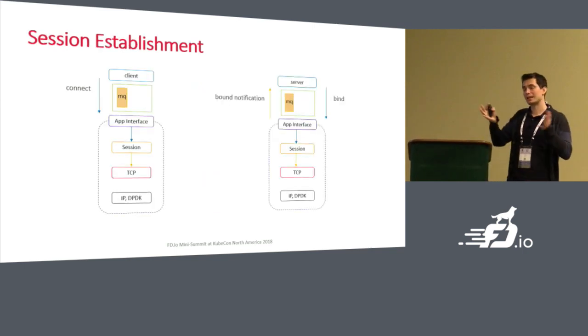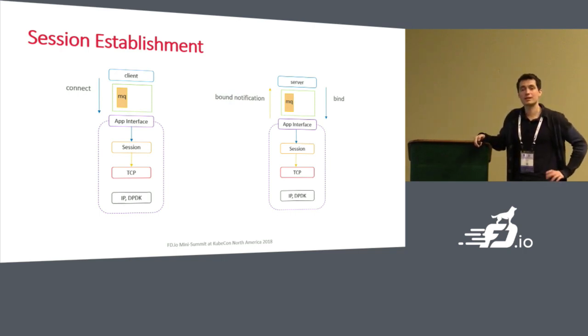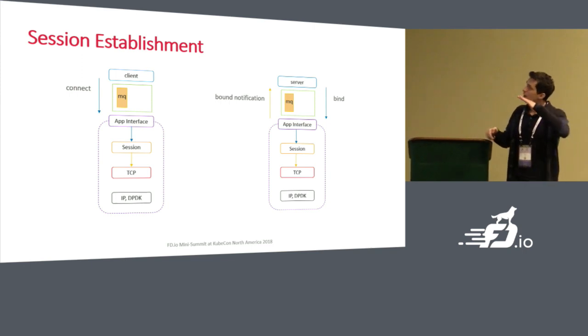And now let's take a client and a server, and they want to initiate communication. The first thing the server will do is a bind, and let's say it wants to listen for TCP sessions. What happens now is the server sends the bind, this propagates through the whole stack, builds listening state within the whole stack, and the server is eventually notified that this succeeded, and the client now initiates the connect. This propagates through the stack down to TCP.